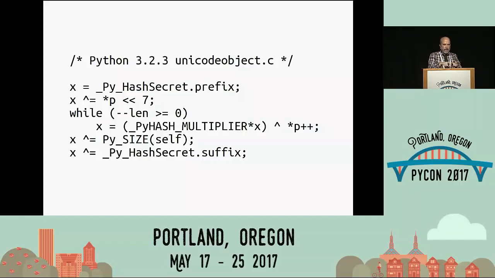So you could no longer count on your list of pre-computed collisions working. And then there was a bit of randomness, a suffix added at the end, or XORed in at the end, that helped hide the prefix, so if a site exposed its dictionary order in its JSON return value, it was harder to use that to guess what secrets that particular server was using.